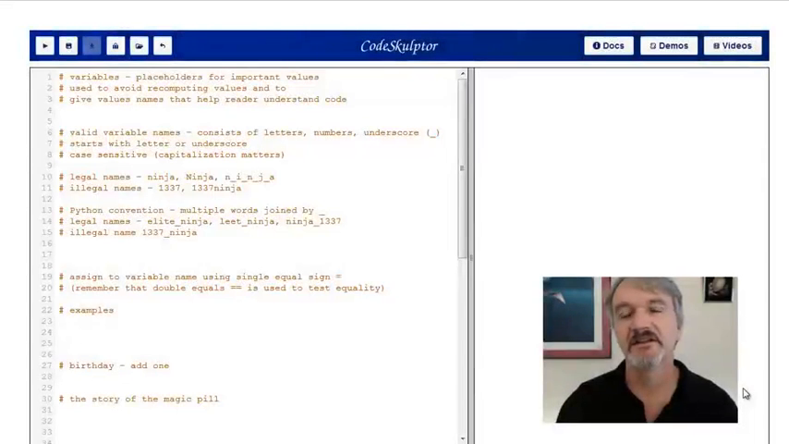So I'm going to walk you through a few examples of using variables inside your program to basically make your program more efficient or make it more understandable. Okay, let's do some examples. So let's talk about variables. So a variable is a placeholder for storing a value. We want to store it to avoid recomputation or to give a value a name to help understand what it